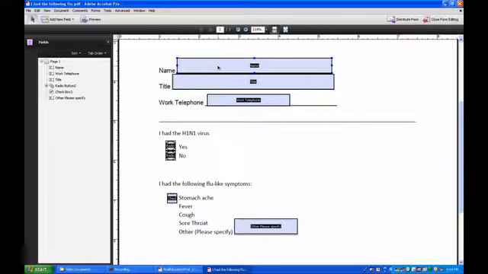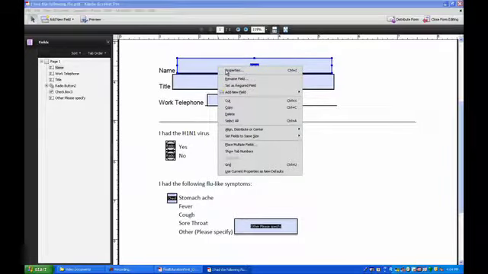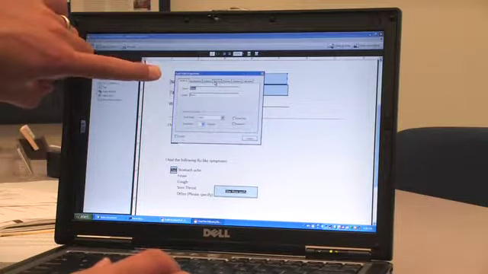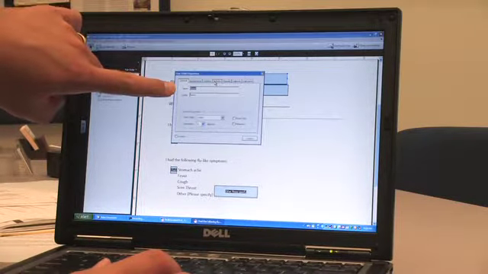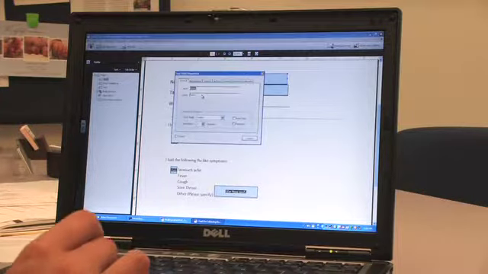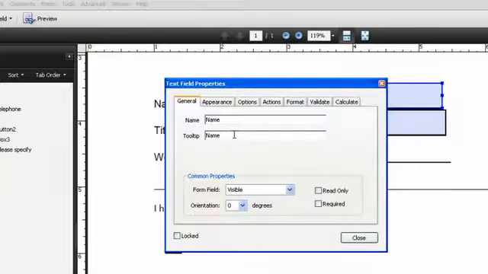So we're going to go up here first to Name. We're going to right click on Name and hit Properties. Properties is going to show us the General tab. It's going to give us the name, so we're going to name that box Name, and then it's going to give us a tooltip. What we do with that tooltip is we write in what we want the user to do. So what we're going to write is enter